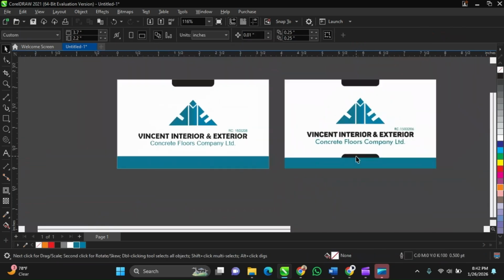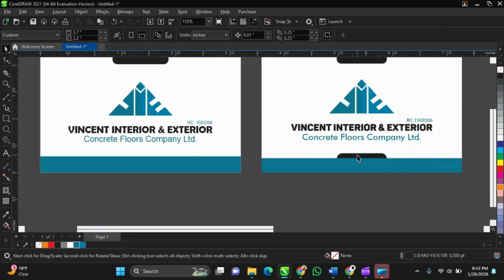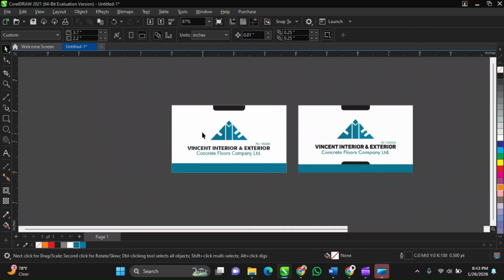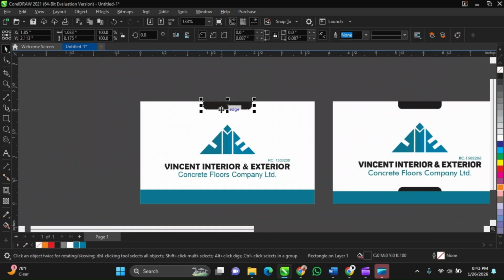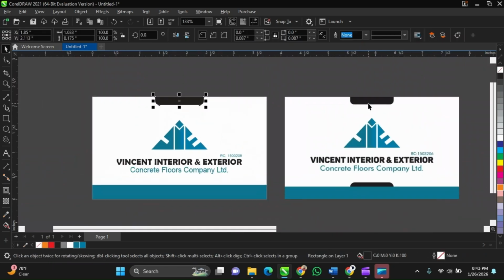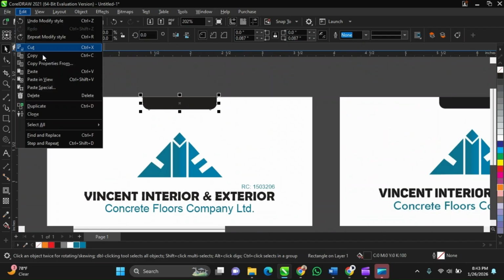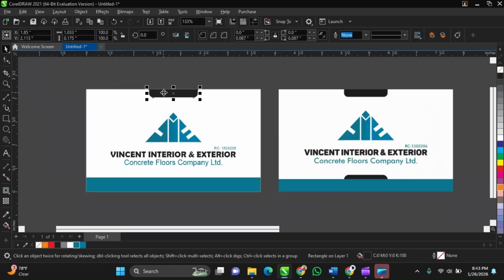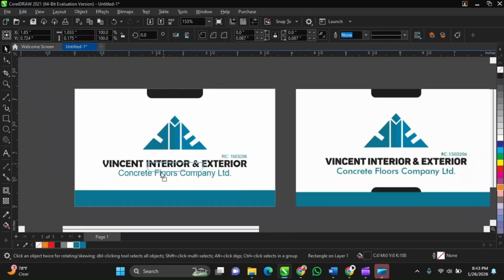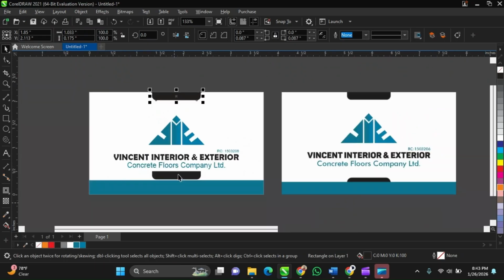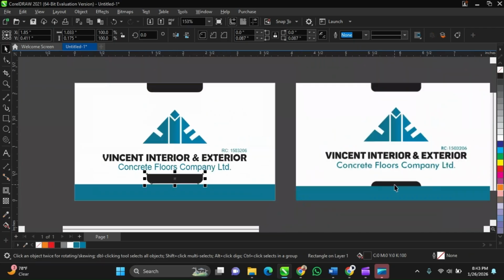And it's remaining this small black box by the center. So how do we do that? We simply duplicate this small one we have here. See, we have this kind of box, but it is up. This one is facing down, the other one is facing up. So how do we do? We duplicate it. You have shown us what to do in duplication. Copy and paste, or you use Ctrl D, duplicate. We are familiar with this one. I won't explain it again. So I duplicated it now. So it means I have a copy of this thing. I have a copy of it below. So how do I make it transform into